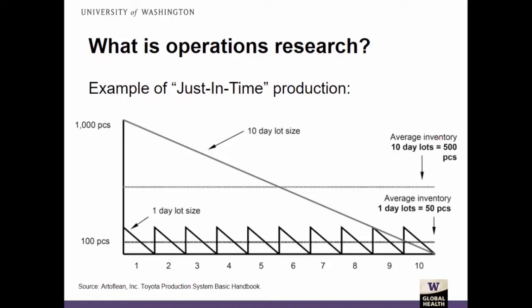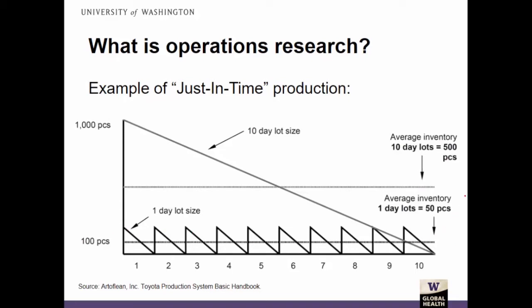These 100 units can be produced in a lot size of 1,000 once every 10 days, or they can be produced just in time in a lot size of 100 units each day. The lot size of 1,000 creates an average inventory of 500 across these 10 days, whereas the lot size of 100 units creates only an average inventory of 50. So you can see in the figure above, with the line going down from the top left of 1,000 units over the 10 days, yielding a 500 piece average inventory in the middle here. And then you can compare that to the smaller lot size, where we get an average inventory of only 50